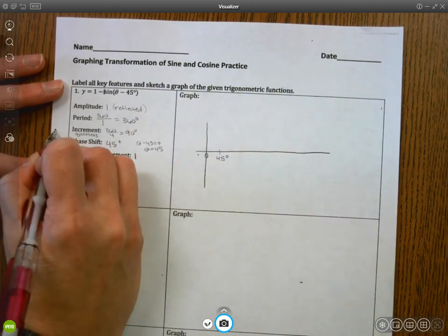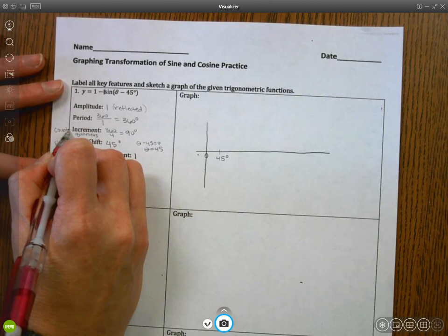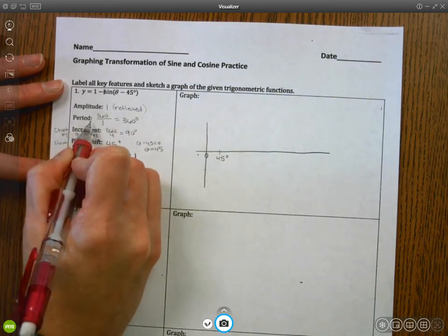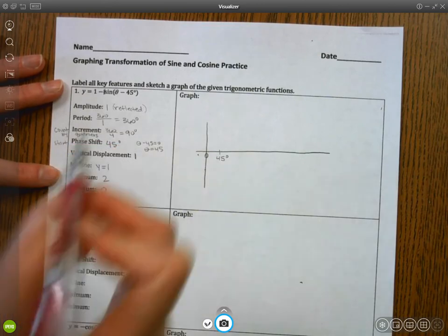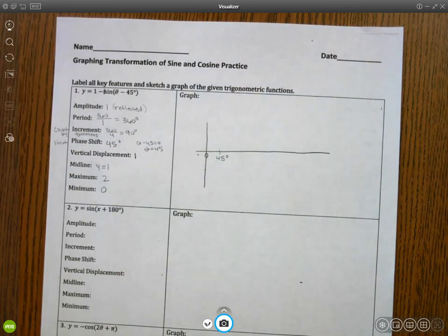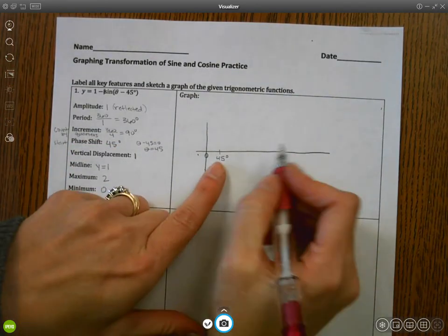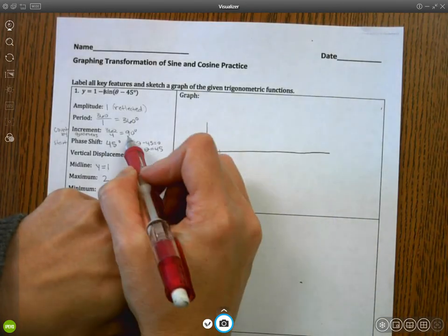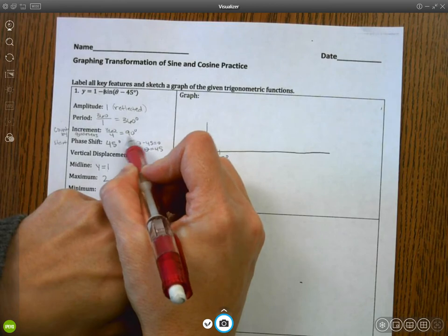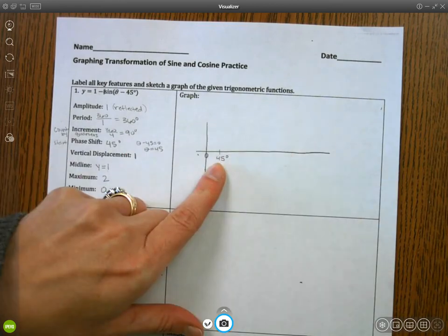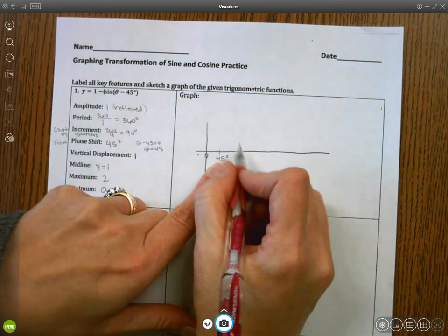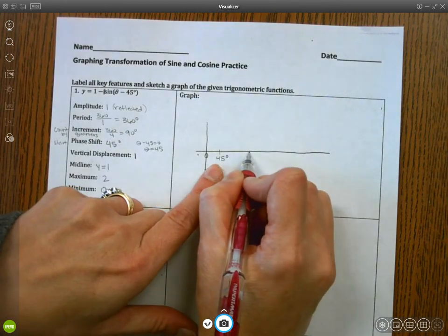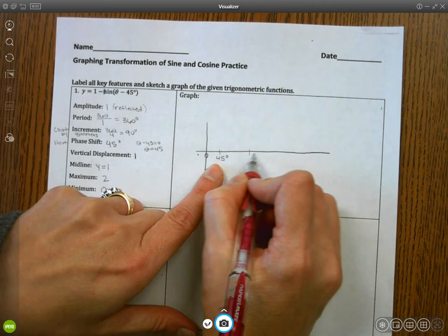You're going to count by your increment number until you have covered 360 degrees. Your phase shift tells you the first number that you're going to write down. And then from there, you count by your increments so that you have 5 numbers written down. So you're going to add that 90 4 times. So 45, if you add 90 4 times,